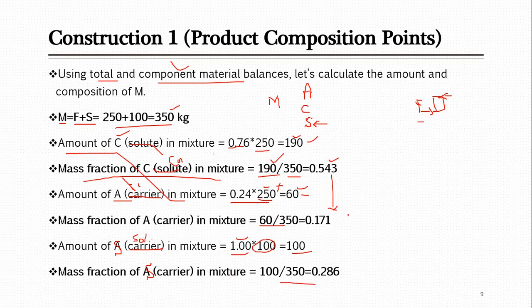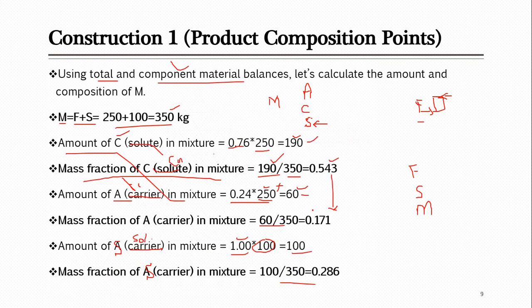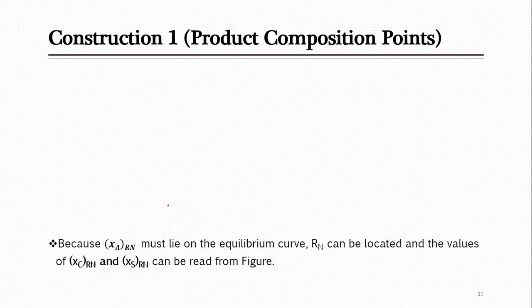Now up to here you can see that we know the amount as well as the composition of all three: feed, solvent and mixture. All these three are given, or now you know them at least, so these can be located on the figure. In a similar way to how you located them for the single stage systems in the last lectures, you go to the diagram, locate the feed point as well as the solvent point, and then also locate the M point and connect them with one line.